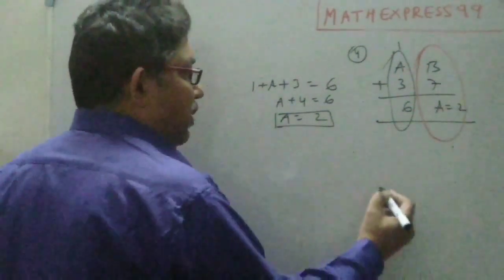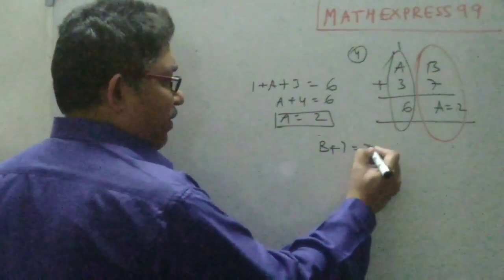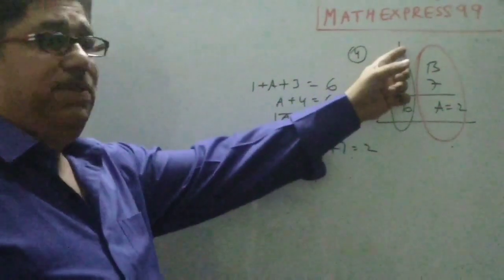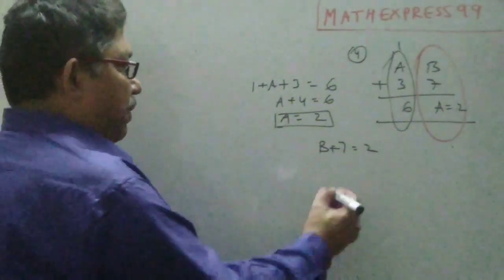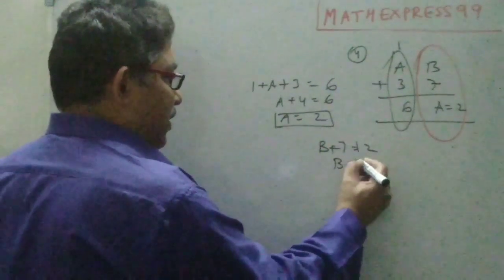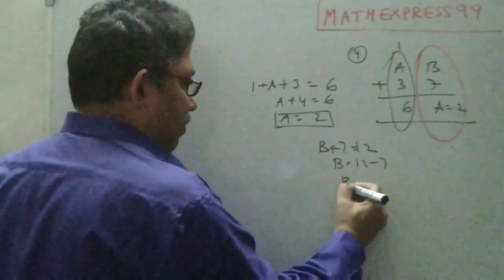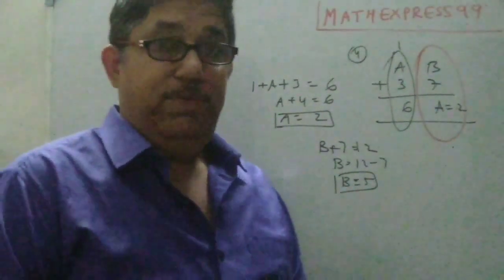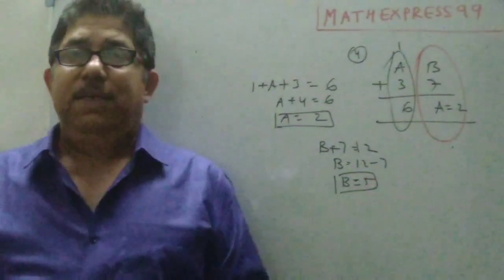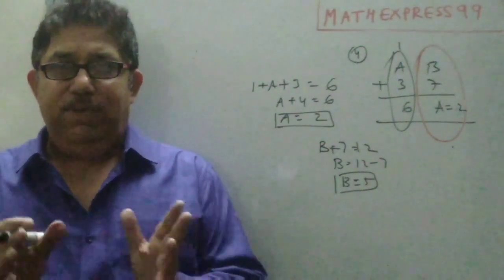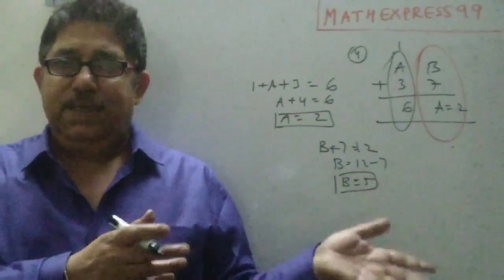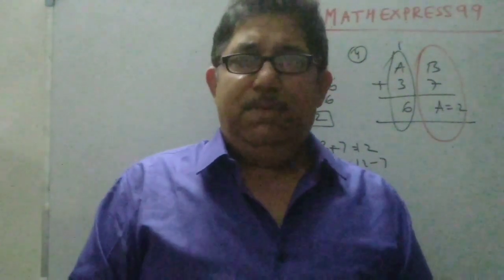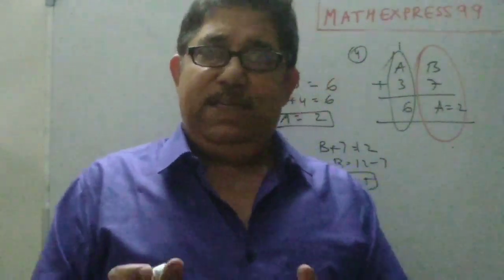B plus 7 is 2. Now B plus 7 cannot be 2. It has to be 12 because you see one carryover I have already put there. So B plus 7 is 12, so B is equal to 12 minus 7. B is equal to 5. So this is how we work it out. When we work it out, we find that our working is not giving us the right result. Then we have to change our working and get to the right one. The first set of working gave us some idea where we could be. But the second set of working gave us the exact answer.